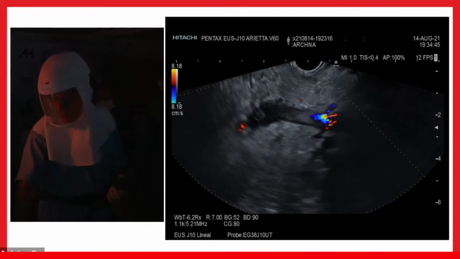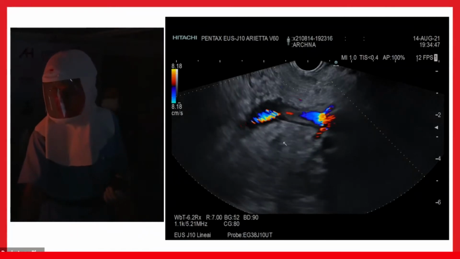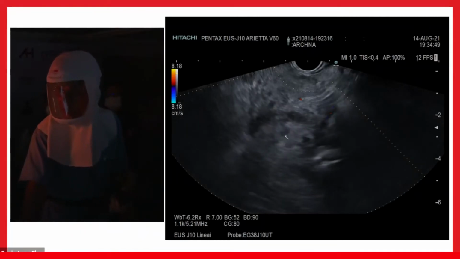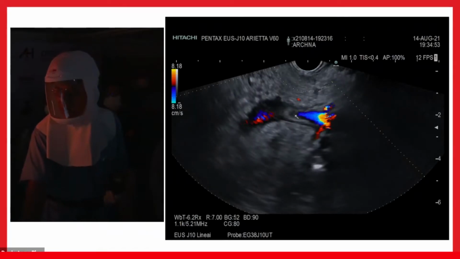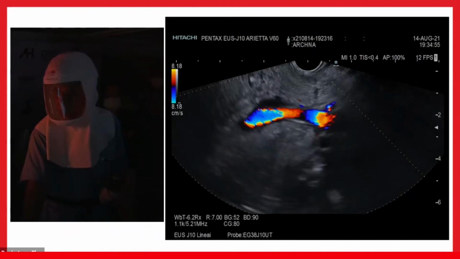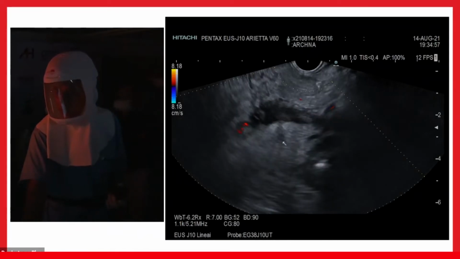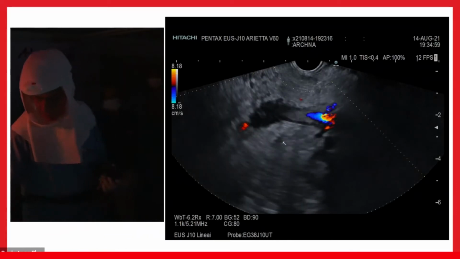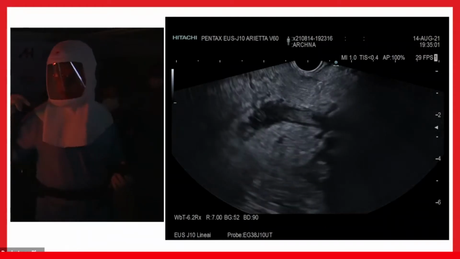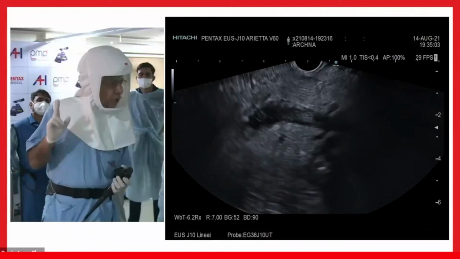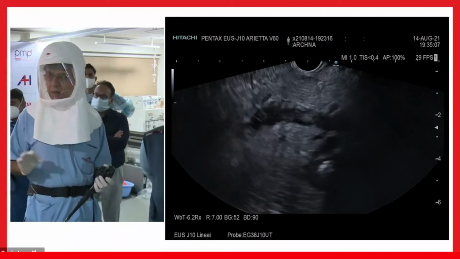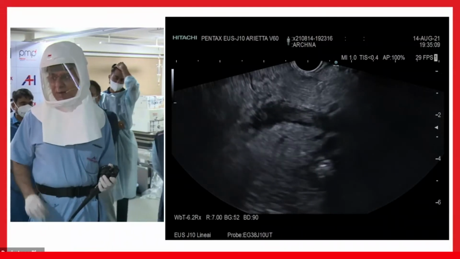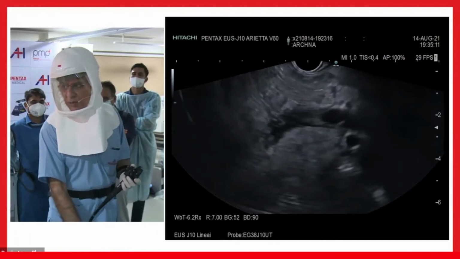You can see as if this pancreas has been divided. This is the pancreatic duct, and this is the pancreatic duct going. But this pancreas is almost as if it is divided by the superior mesenteric vein as well as the portal vein. So this fluid might tell us that when the pancreatic duct is disrupted, there is a possibility that between the dorsal and ventral pancreas there is a plane into which the fluid can track. So this is what we found out.